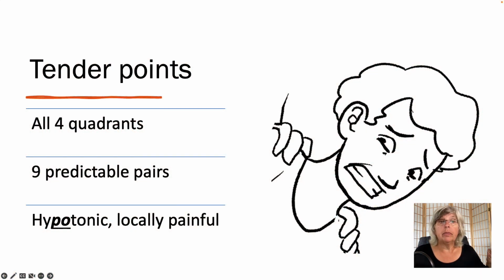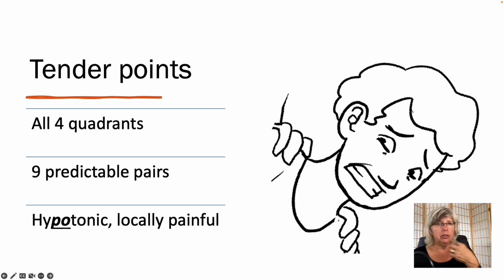Another factor that we see in most people who have fibromyalgia is this weird phenomenon called tender points. And I don't have time in this setting to go down this rabbit hole of comparing tender points to trigger points. There was a long time where people did not delineate between those two things. And then there was some pushback, and we realized that tender points behave very differently from trigger points.